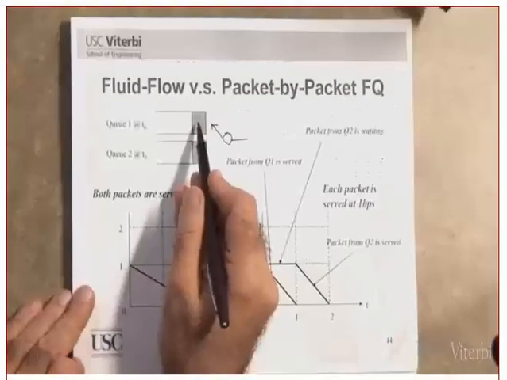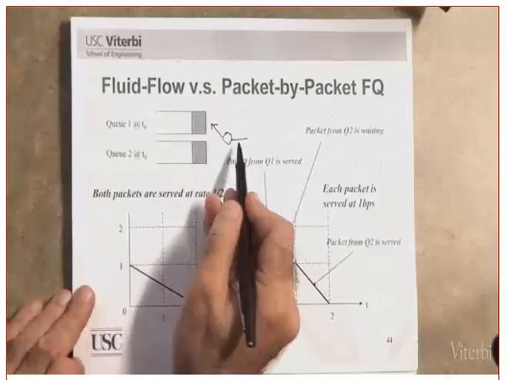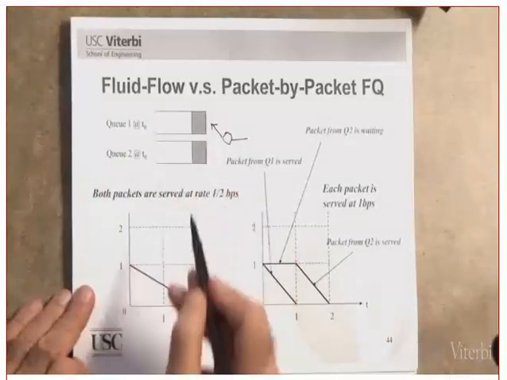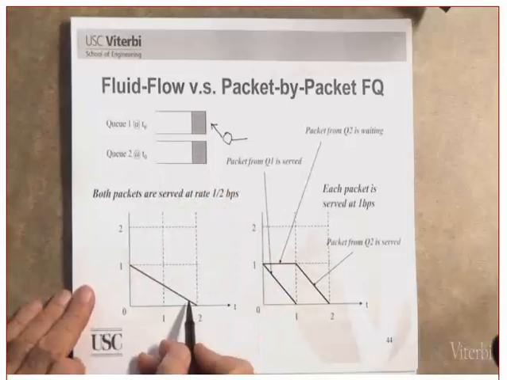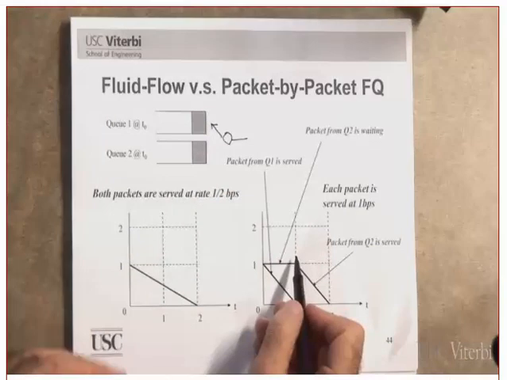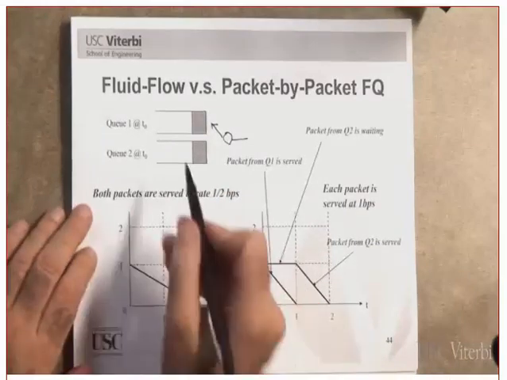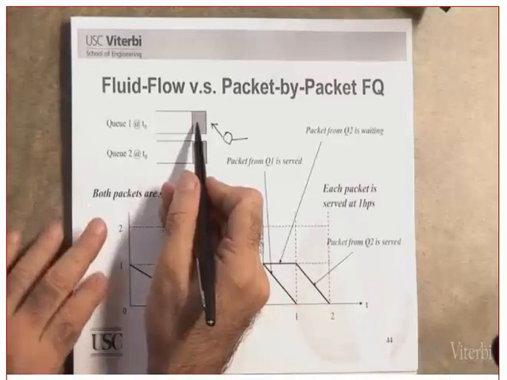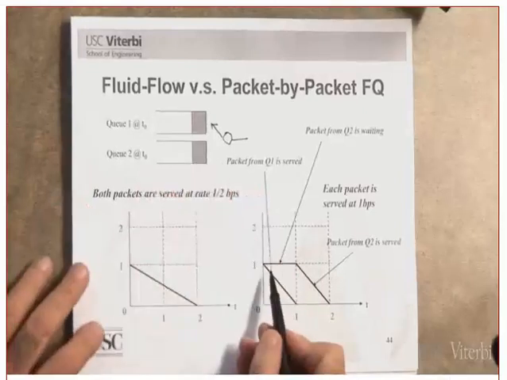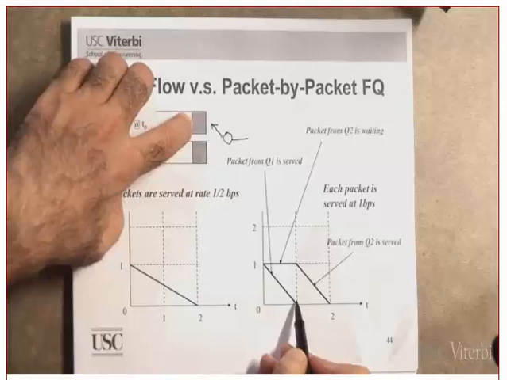Whereas in the packet by packet pair queuing, what will happen is that one packet will be served, and then when it finishes, the other one will be served. It means when this one starts, it will be finished at 1 because the entire capacity is allocated to it. The other one will start service at 1 and finish at 2. You see, by the way, in both scheduling mechanisms, both of them ended at t equal to 2, but they are not identical. Did you get it? Okay, good.